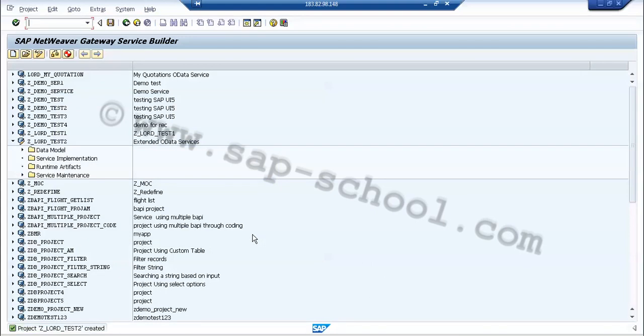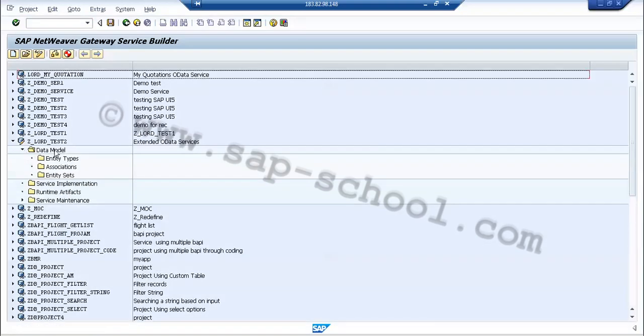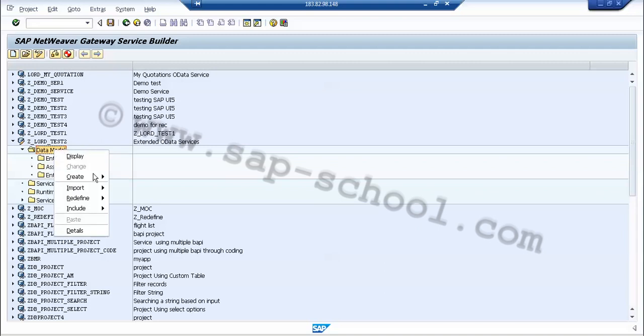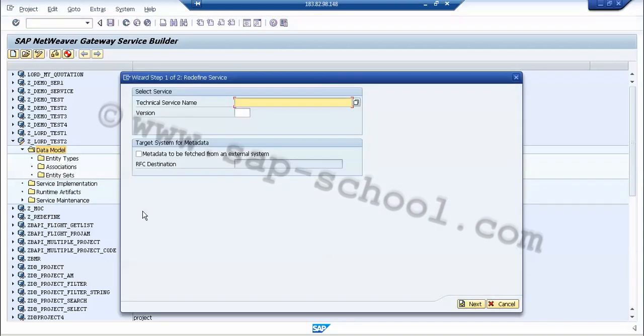Now we can see this project available here, and we can choose the display or change button if we want to edit it. Now we have to right click the data model folder, and go to redefine OData service, which is my gateway service. We have to enter the technical service name here and the version of it.